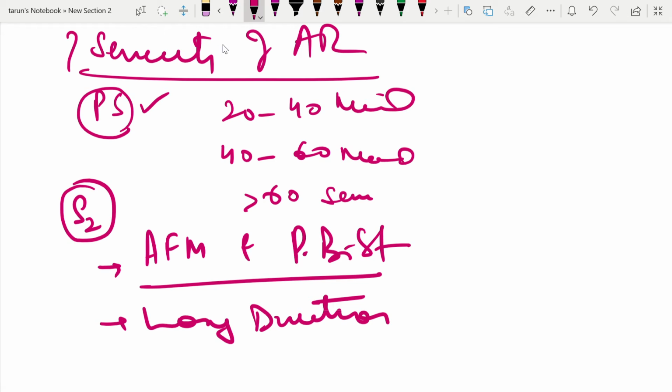So what are the signs at the bedside that indicate the patient has severe aortic regurgitation? You will say the patient has a long duration of murmur, Austin Flint murmur, pulsus bisferiens, long duration of the early diastolic murmur, and soft S2. Then depending upon the Hill sign, the difference in pressure between the upper and lower extremities, you can say it indicates the severity of aortic regurgitation.